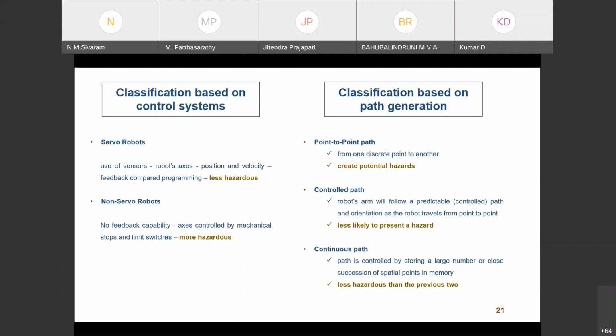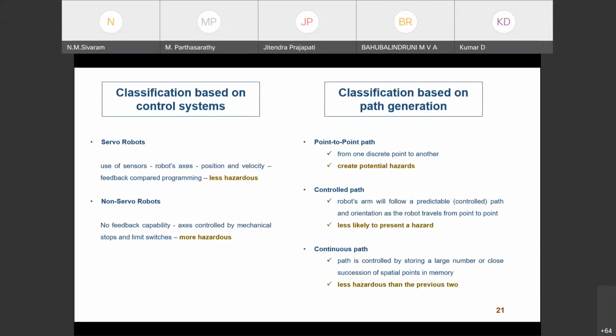This makes the continuous path generating robots less hazardous, because the path is almost traced in a continuous manner. The spatial points are very close to one another, which means that any deviation from the planned or programmed path is going to be very, very less or minimal. Whereas the controlled path is slightly more hazardous than the continuous path generating robot, but still better than the point-to-point